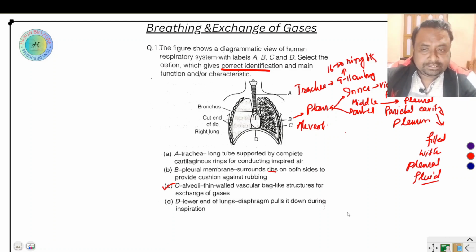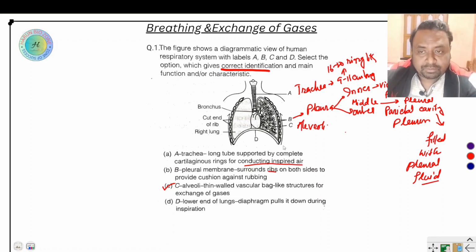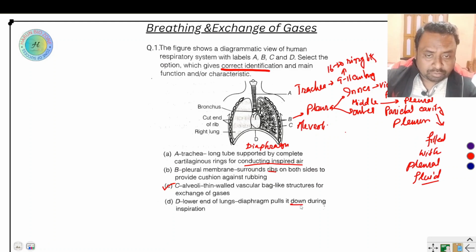So here the right option is C, alveoli, a thin-walled vascular bag-like structure. The trachea is a long tube supported by complete cartilaginous rings, conducting not only inspired air but also expired air, and also removing bacteria, virus and dust particles. For D, the pleural membrane does not surround the ribs, it surrounds the lungs. The lower end of the lungs is called the diaphragm. It does not pull down, it contracts